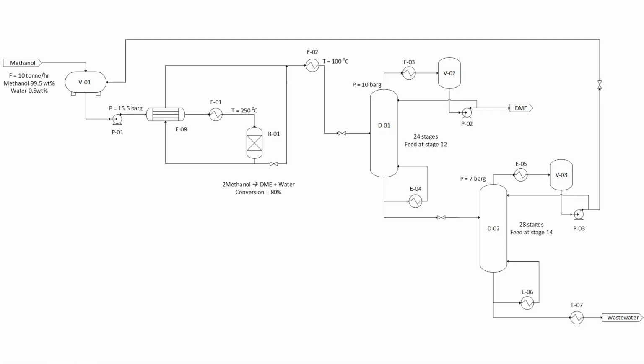with full liquid condensation of the top product, DME. These reactions have 80% conversion, so that means 80% of the methanol is converted. That leaves 20% of methanol. So what is coming out of the reactor is about 20% methanol, and then about 40% DME and